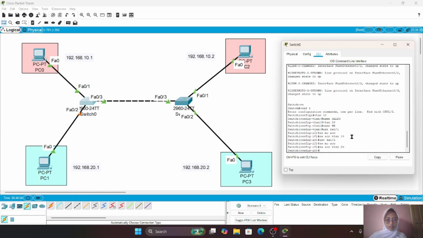This ensures that devices connected to this port become members of the correct VLAN. I then repeat the same configuration on the second switch according to the topology design.